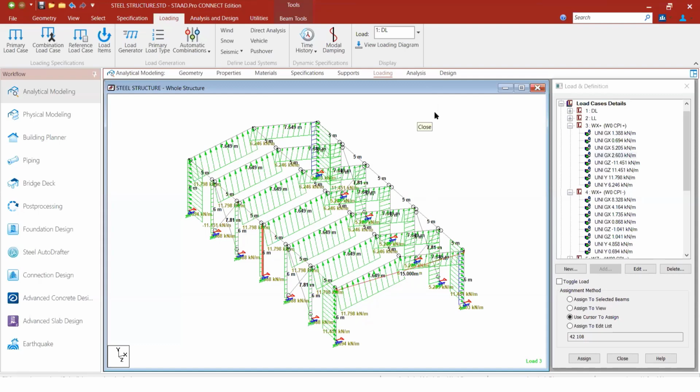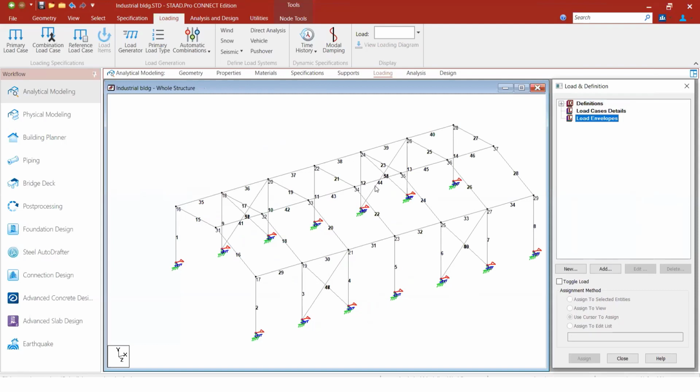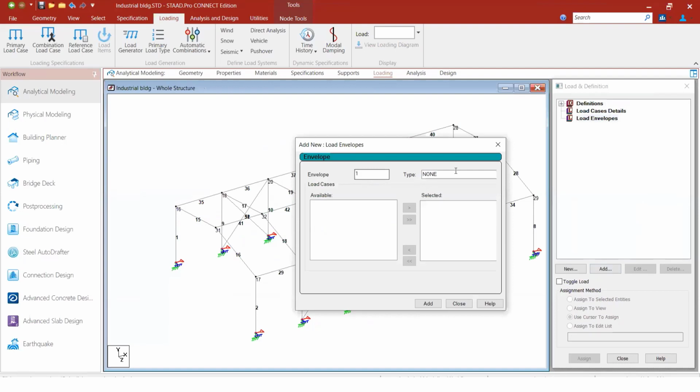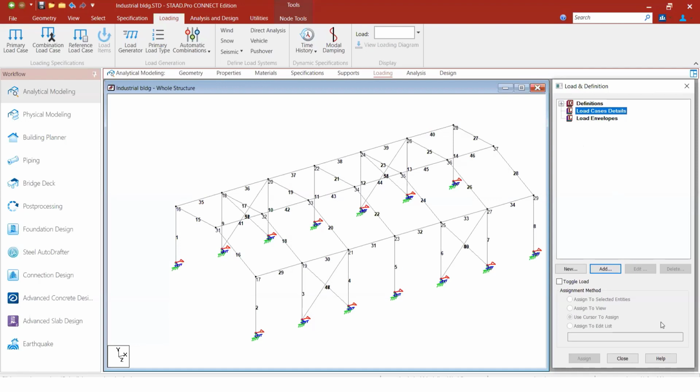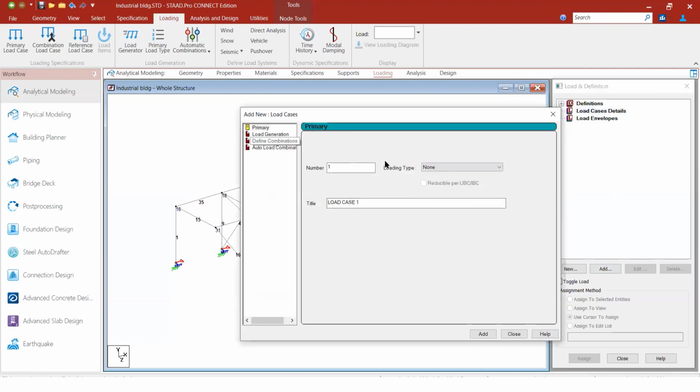Would you please show me, ma'am, how to enter the values? I'm new to STAAD. Okay, I think I have to share the other screen. This is the basic model that I have created for you in STAAD earlier. So you have to just go to add, create envelope. This type is 1 minute. So you have to just create the load case details. Just go to add, primary load case is dead load. So just create dead load.